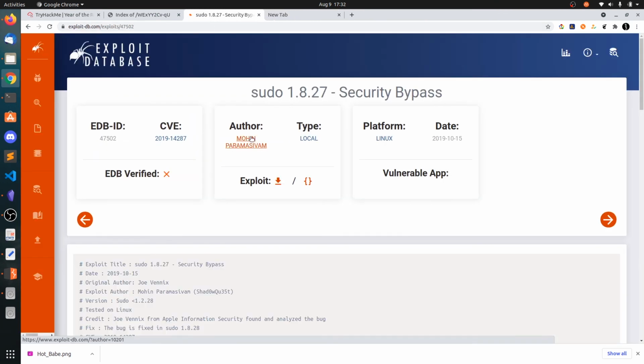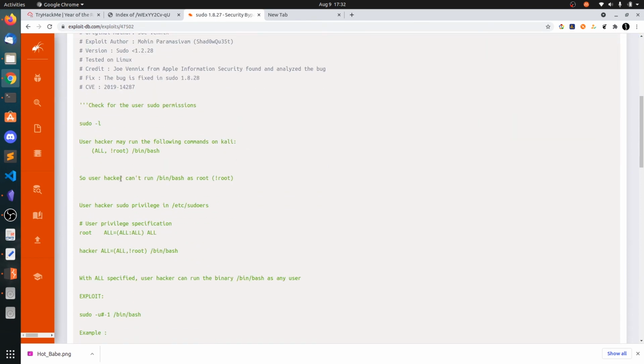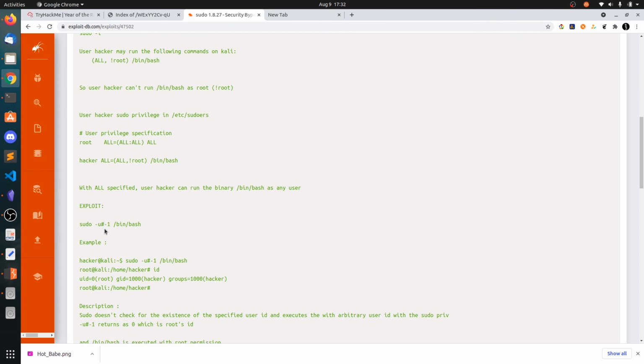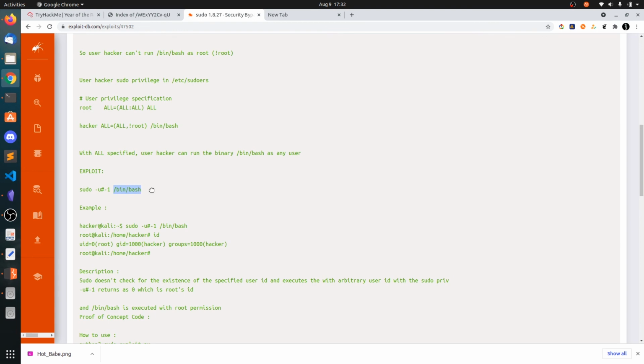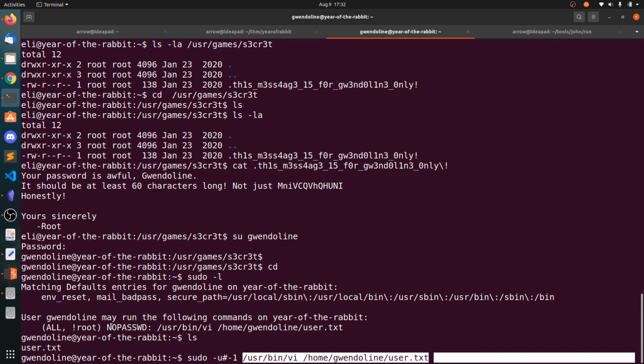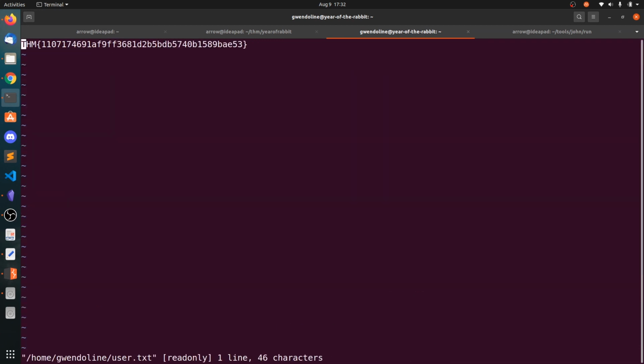You can also run linPEAS. It says sudo version less than 1.8.27, and if a user has this access but not root, you can bypass it using the user #-1. Run this as #-1 with the corresponding binary and you will get root. So what you can do is sudo -u#-1, simply copy this and paste it. We will be running as the root user and we will not get any password prompt. If you run this, you can see